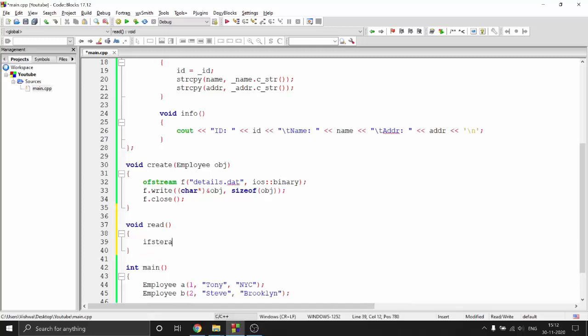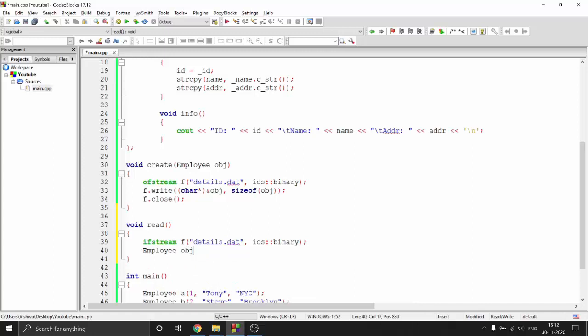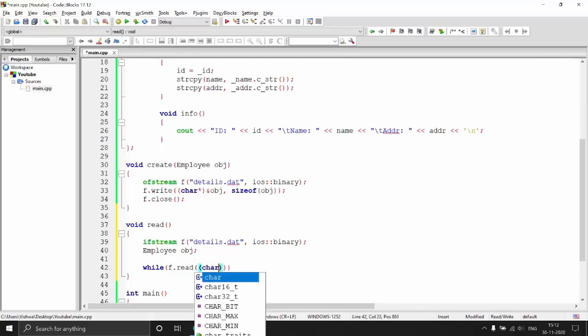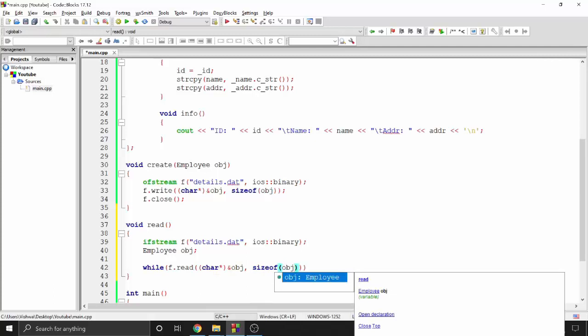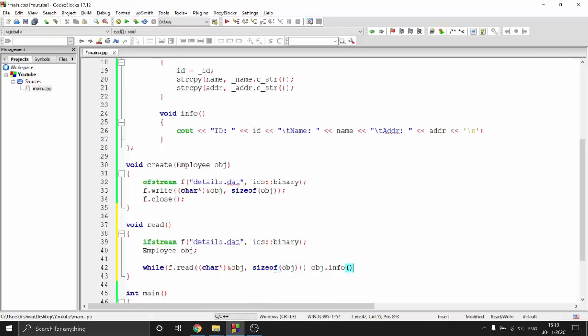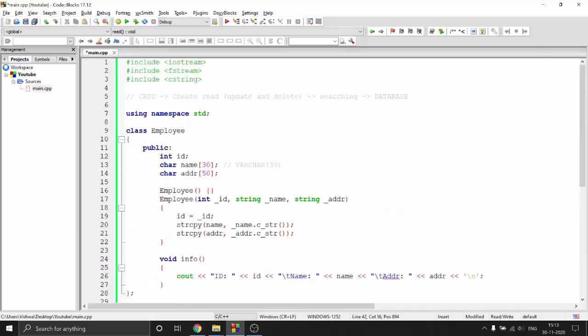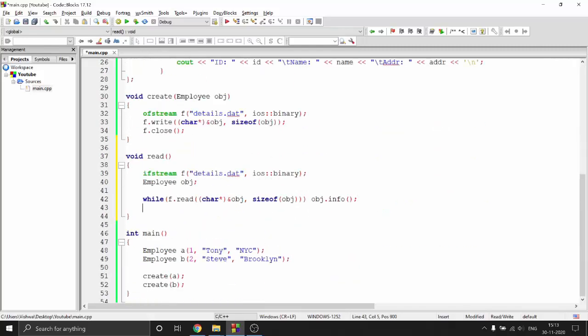So just say ifstream file, which is details.dat, ios binary, and you need an object of employee, so employee obj, and then while you can read, so I have to read character and obj, size of obj, you just say obj.info. This is the reason I had this method defined over here, right? So yeah, after that, you just close the file.